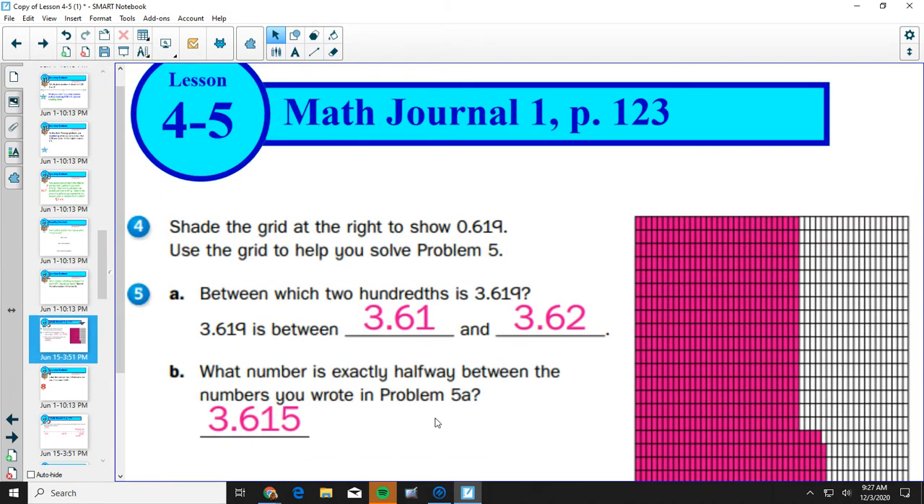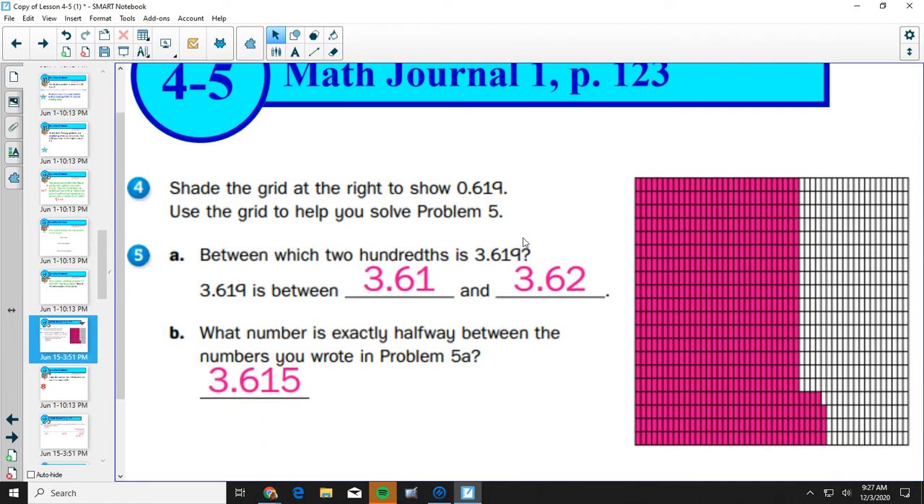So for number 4, it said shade the grid to the right to show 0.619, or 0 and 619 thousandths. And what you can see here is we have six rows completely filled in. That gives us that 6/10 right there. Then we have 1 whole hundredth shaded in, and then 1, 2, 3, 4, 5, 6, 7, 8, 9 teeny tiny rectangles, or